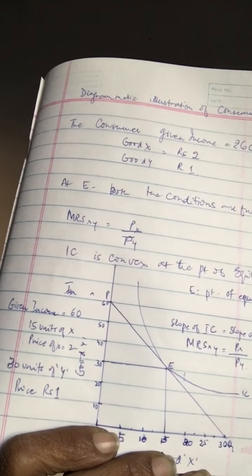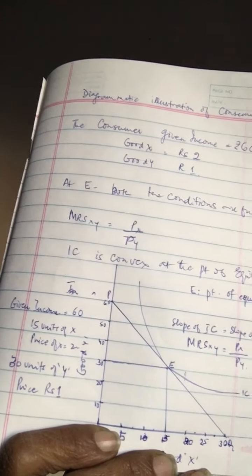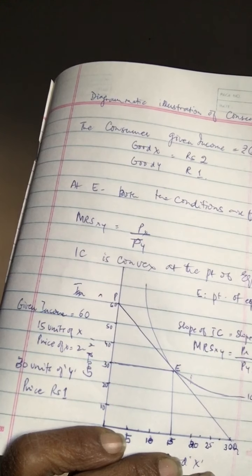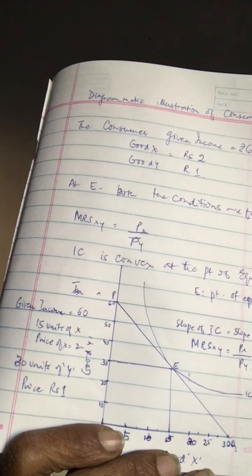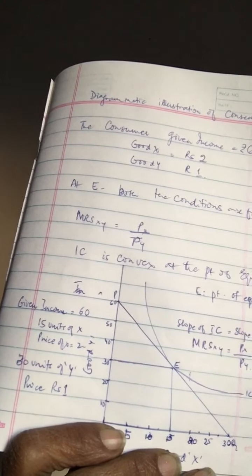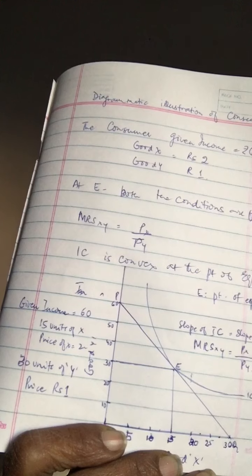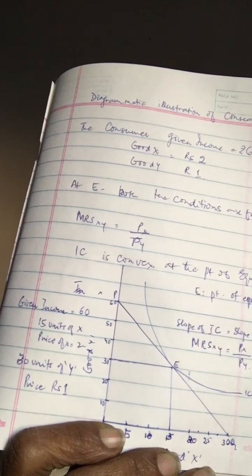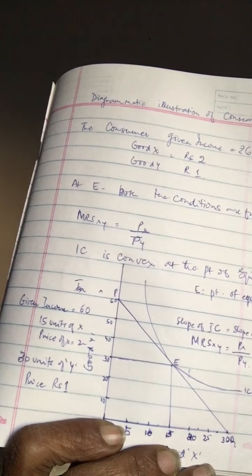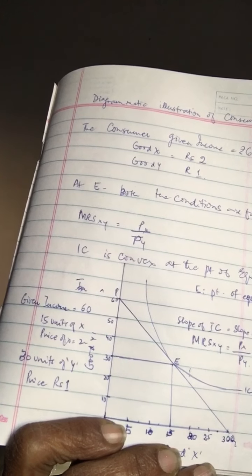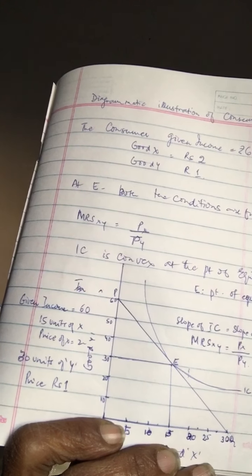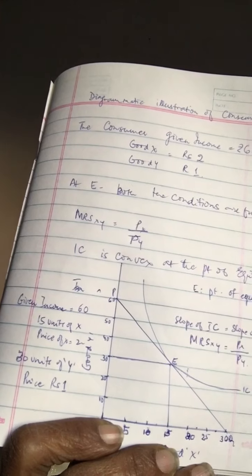And at the point of equilibrium, the indifference curve should be convex to the origin. This is because the marginal utility derived from every commodity must decline as we consume more of it. If this law does not hold good, the consumer can never reach a point of stable equilibrium. Can equilibrium ever be reached when every additional unit of a commodity offers more and more satisfaction? And I know you've guessed the answer right. Certainly not.